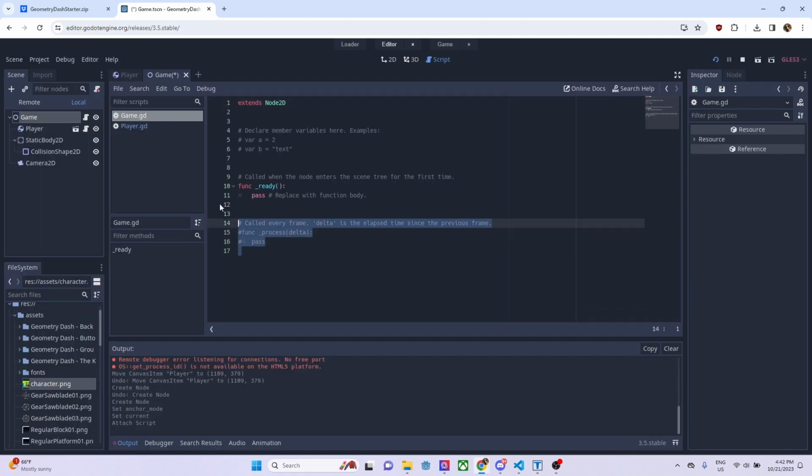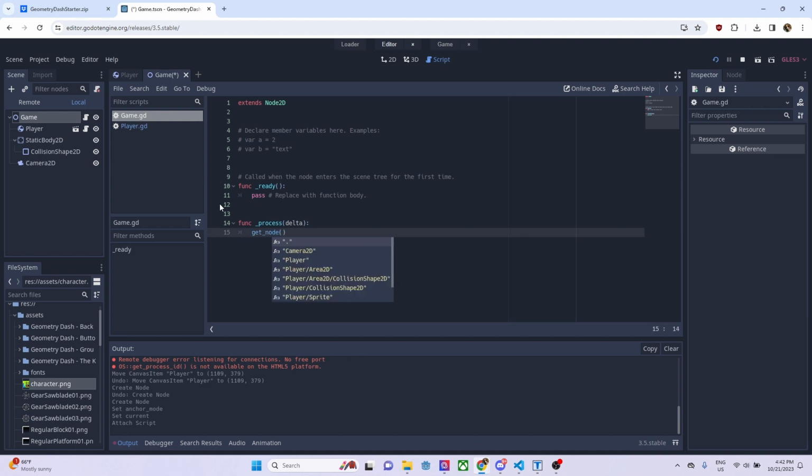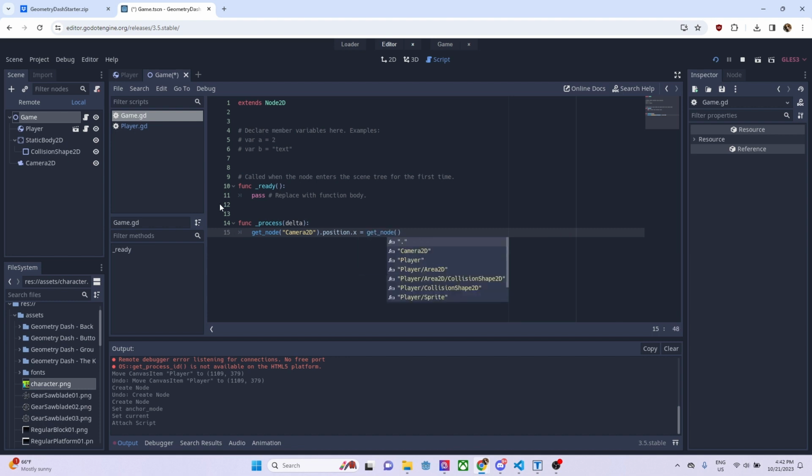In here, add _process. So every frame, we get the position of this camera, the x position, and we set it equal to the position of the player's position.x, minus like 200, so that the camera is a bit behind the player, so we can see the whole player. So now if we test this code really quick,